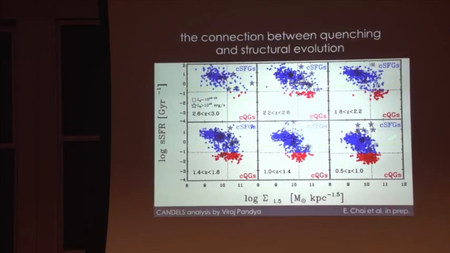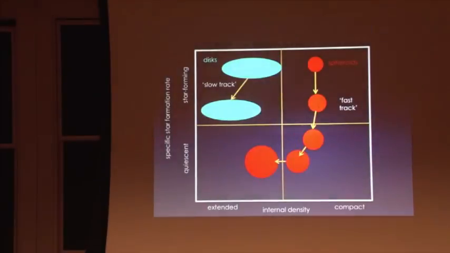So as we go down in redshift, the galaxies start to populate this extended quiescent quadrant. So here's the cartoon version of this diagram that we published in a paper led by Guillermo Barro with the CANDELS team, suggesting that galaxies might travel on these two different tracks. Disk-dominated galaxies didn't really do much. They stay fairly blue and star-forming. They maybe get a little bit more extended, while spheroid-dominated galaxies evolve along what we call the fast track. So they become quenched, and then they become extended. And again, I'll talk about what I think is going on here a little bit later.